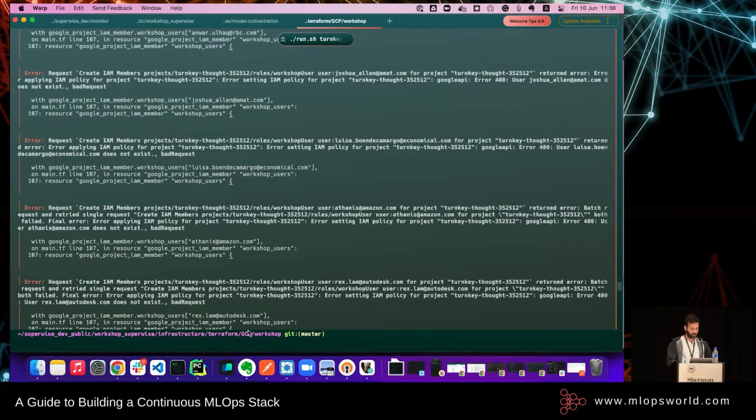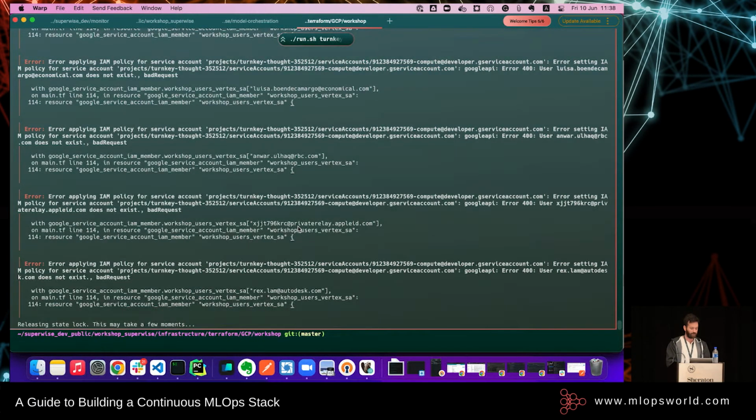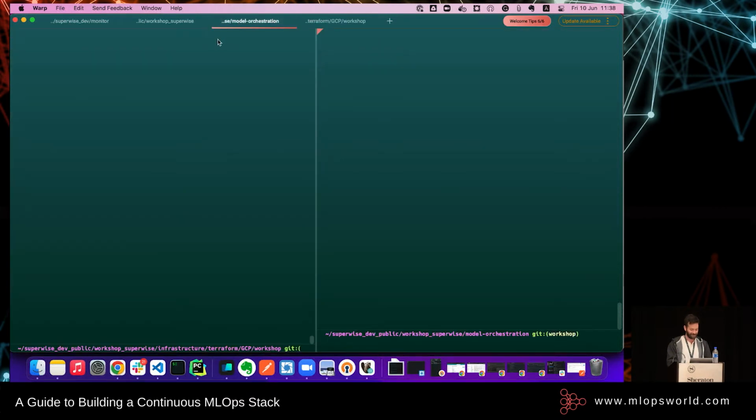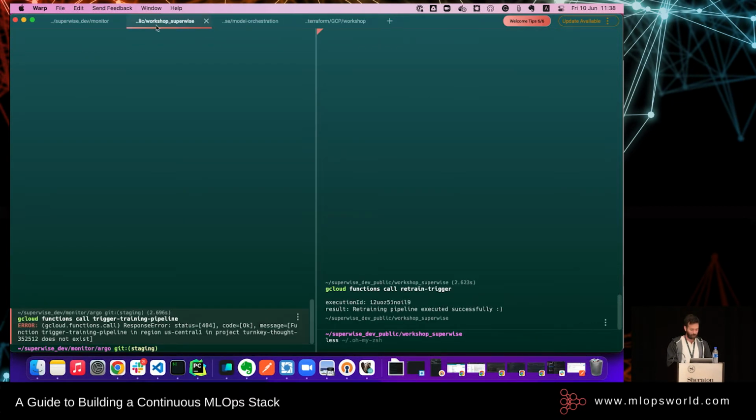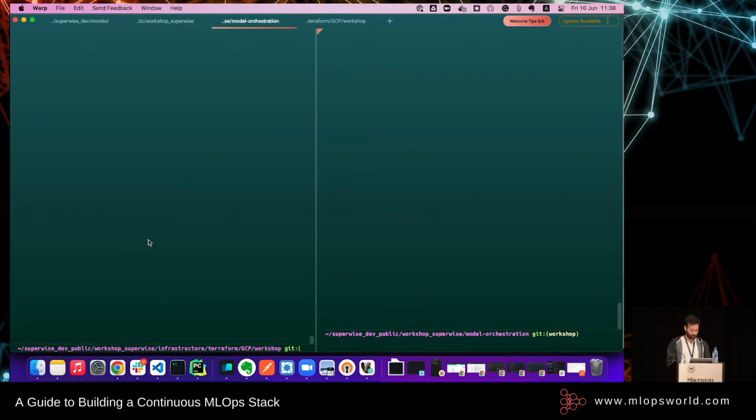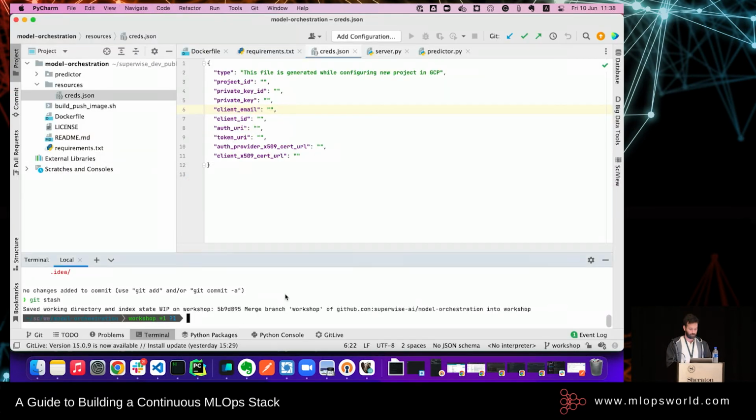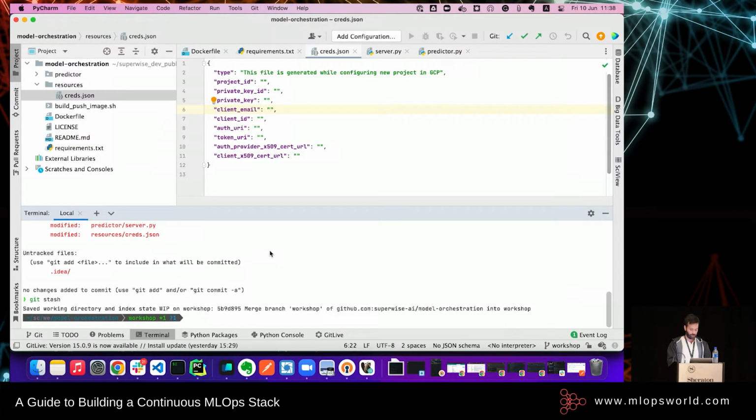So I think the first thing that I'm going to do, forgive me, that's the errors of Terraform giving you all the permissions. So great, I'm going to look at the orchestration, and I'll do it in PyCharm so it will be a bit more contextual. Okay, so the first thing I'm going to do is copy the key file that I've generated in advance. So it's in here, I think, yeah,